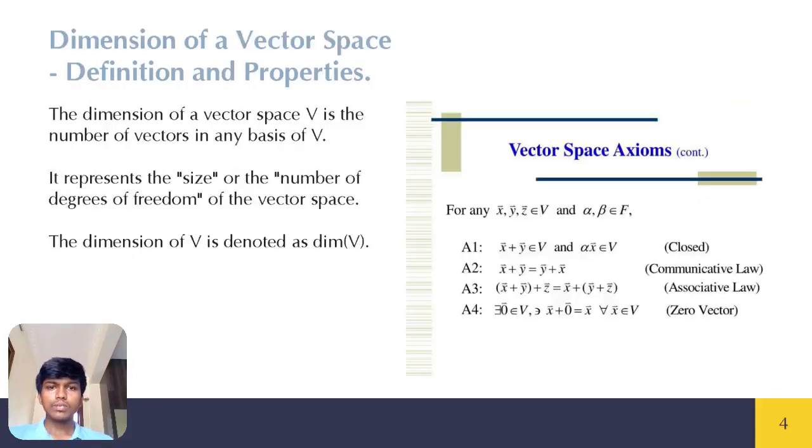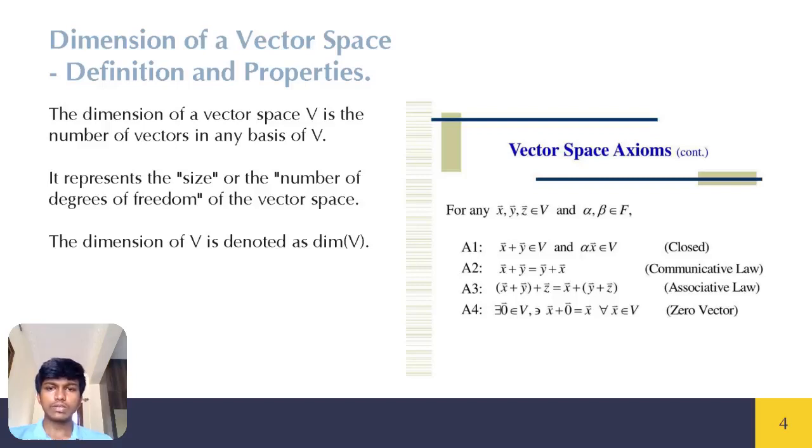Next, definition and properties of dimensions of a vector space. A vector space can have any finite or infinite number of dimensions. The dimension of a vector space is the number of linearly independent vectors in its basis. For example, in 2D space, the basis vectors are (1, 0) and (0, 1), making a two-dimensional vector space. But in 3D space, the basis vectors are (1, 0, 0), (0, 1, 0), and (0, 0, 1), making a